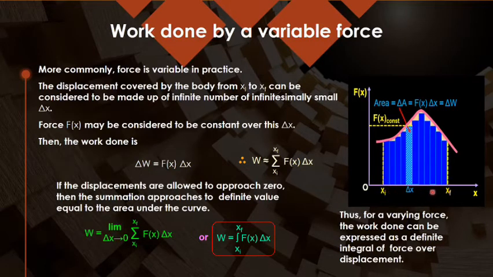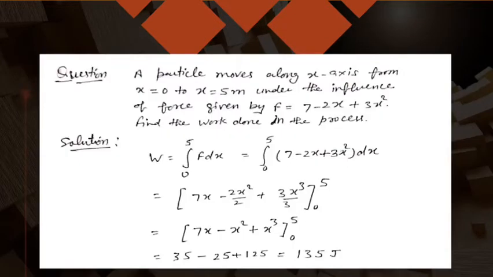So from where to where I have to find the work done, I have to take the integration of that particular thing. Another method is of course finding the area under the force displacement graph. If I can divide this variable force into regular shapes, I can do it by the area method. If it cannot be done by the area method, then I have to do it by the calculus method. So whenever variable force is coming, there are two methods. I have written one question for each method here.